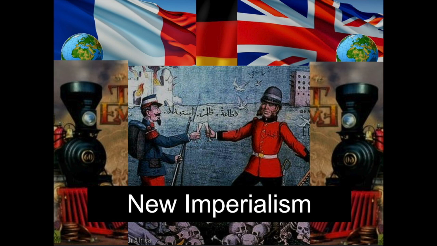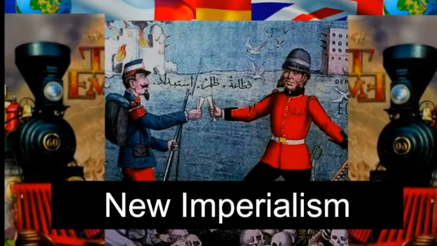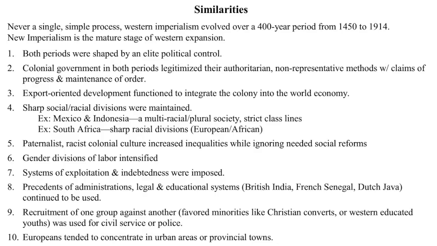In this video, we are going to move from the Industrial Revolution in period 3 to new imperialism in period 3. Now, keep in mind that these events are happening concurrently, simultaneously, so they're not consecutive as in one happens and then the other. We see that they're happening at the same time between the period of 1750 to 1900. So in the Schoology page, I have made available a worksheet that compares and contrasts old imperialism with new imperialism.